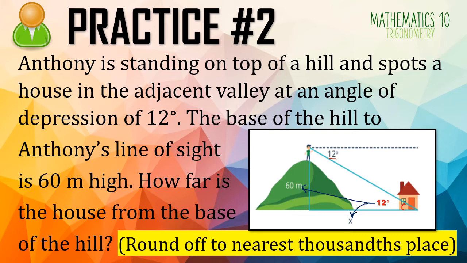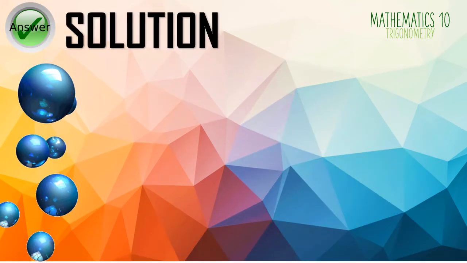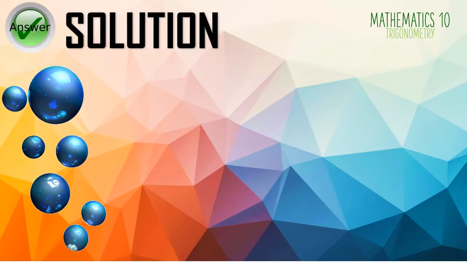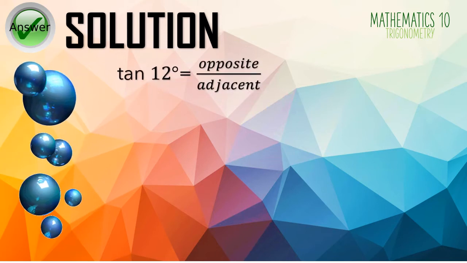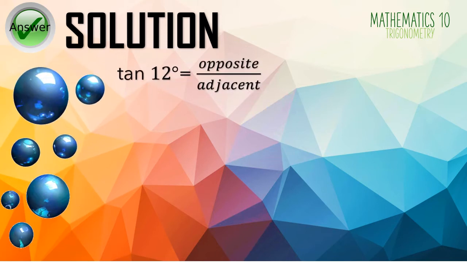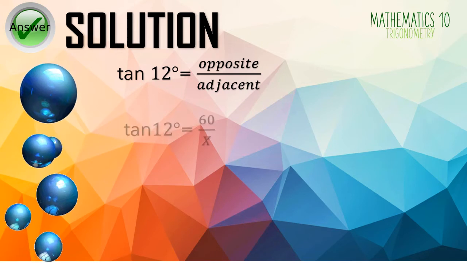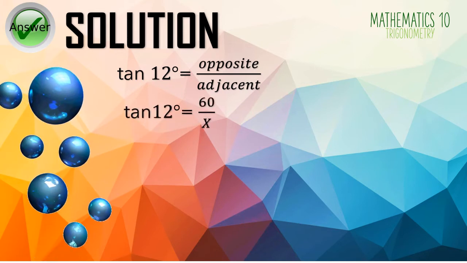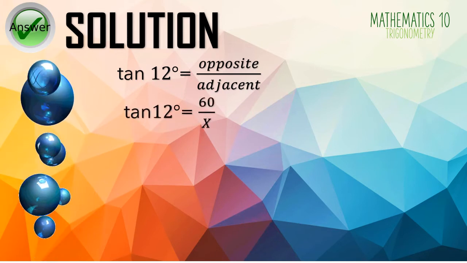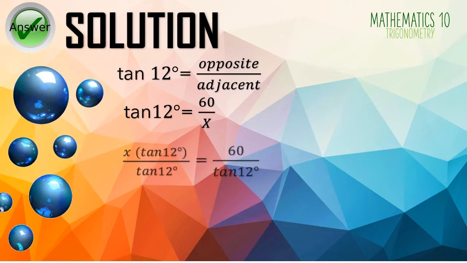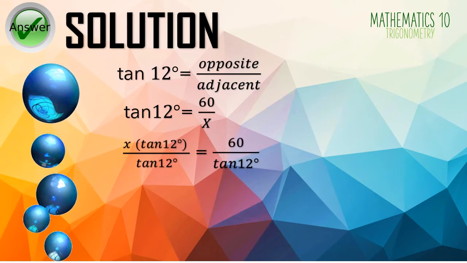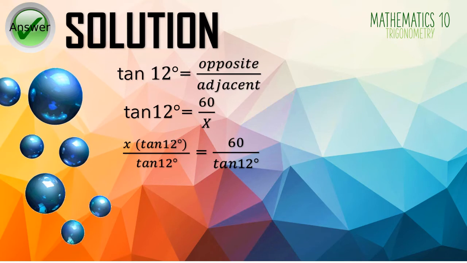So therefore we are supposed to use tangent function or tangent ratio. Now let's start our solution with tangent 12 degrees equals opposite divided by adjacent. Now substituting in the formula, we'll have 60 divided by x, and cross multiplying, so we'll have tangent 12 degrees times x